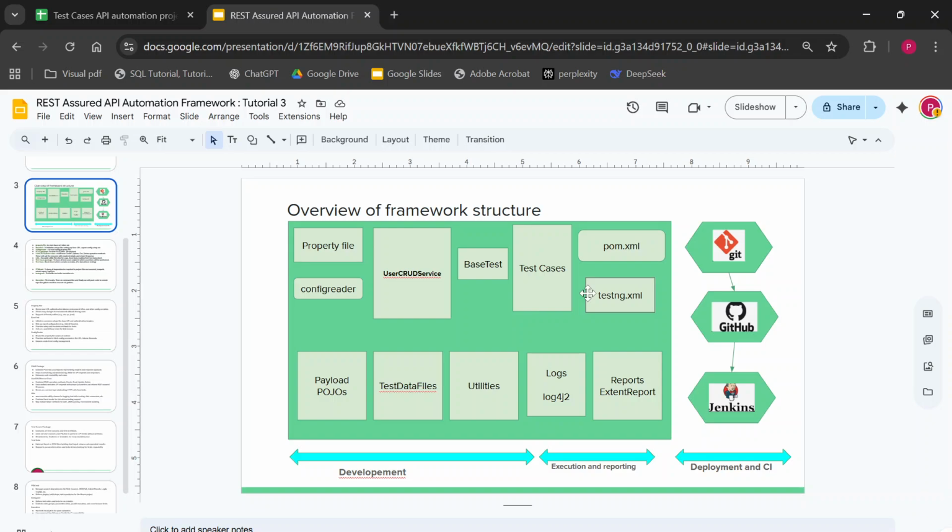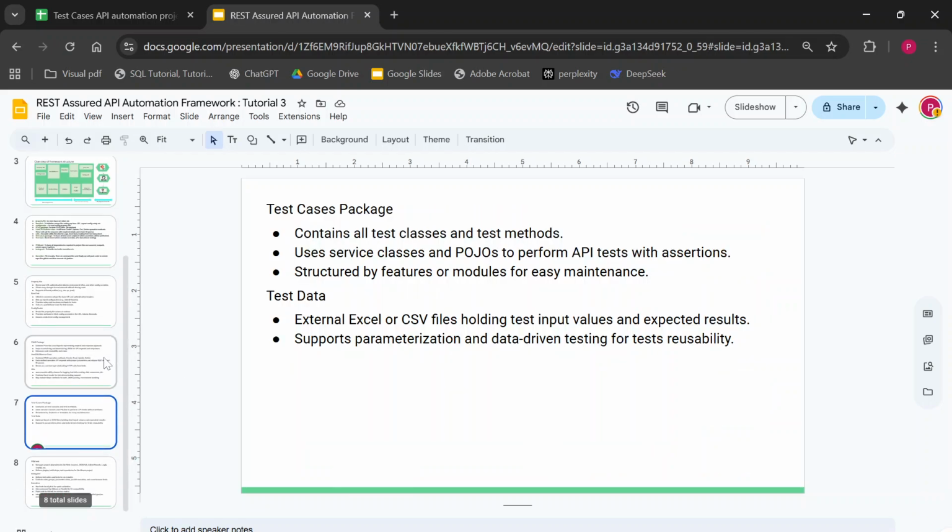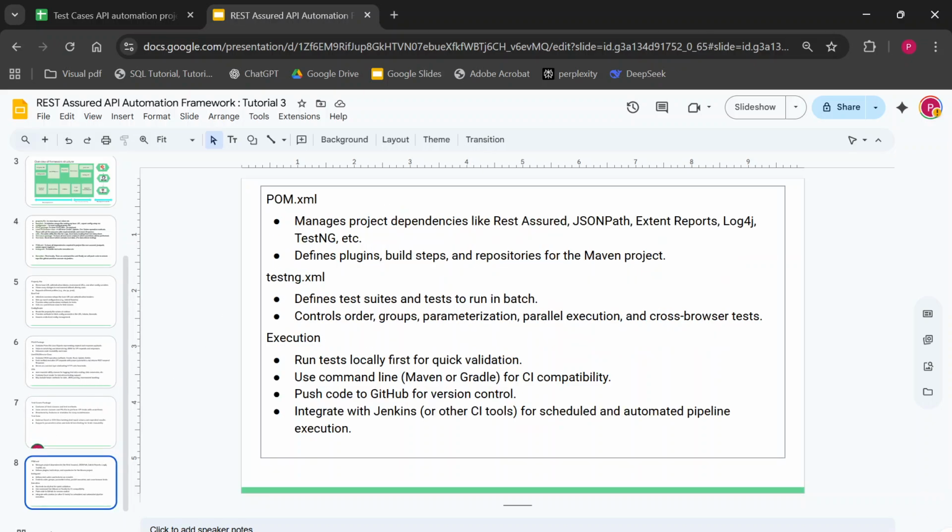So whatever dependencies, whatever libraries we need in our project, those can be automatically downloaded and implemented in our project by using pom.xml. It's a dependency management file. In pom.xml, we just have to put the dependency and it will automatically handle and download all those dependencies